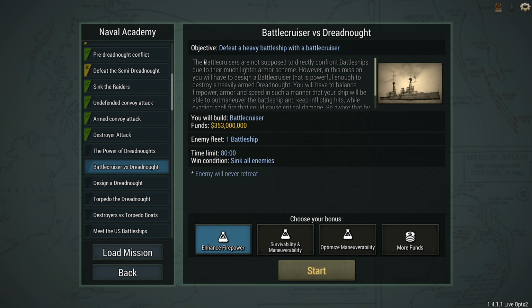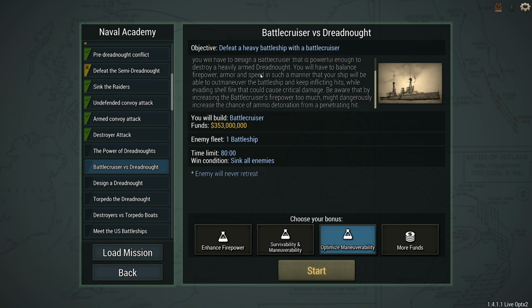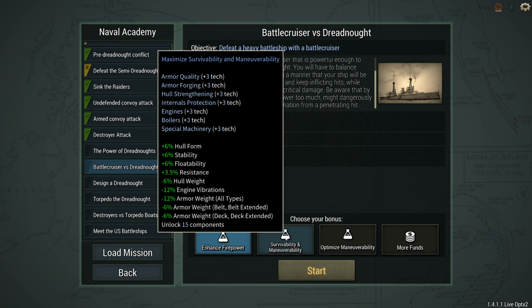So, battlecruisers, as the scenario states, are not supposed to directly confront battleships due to their lighter armor scheme. However, in this mission, we will have to design a battlecruiser that is powerful enough to destroy a heavily armed dreadnought. In this case, speed and maneuverability will probably be our saviors. But at the same time, alright, let's see here. What do we get? Do we get gun layout, control stations, special,